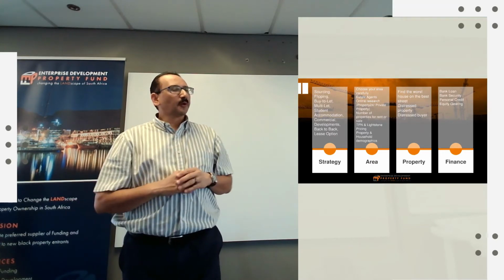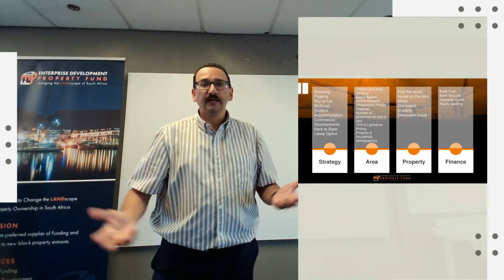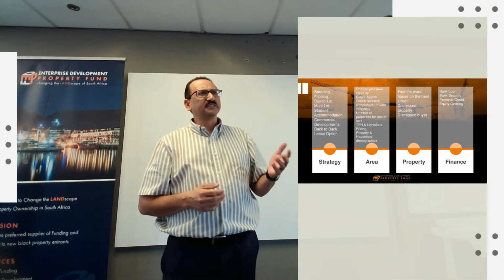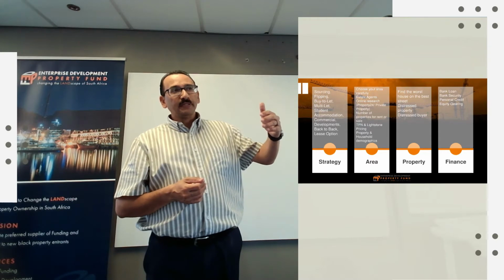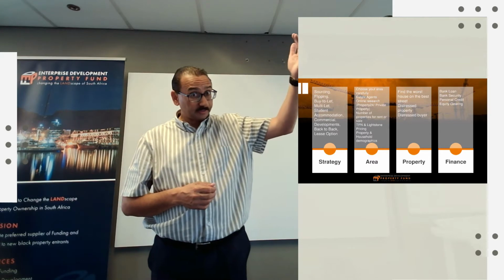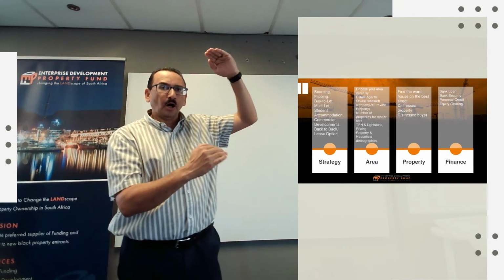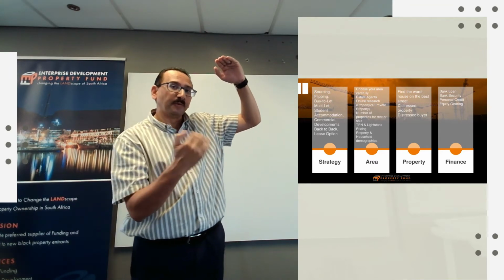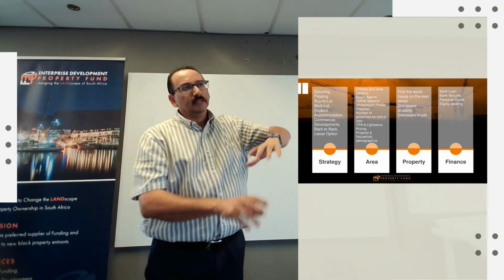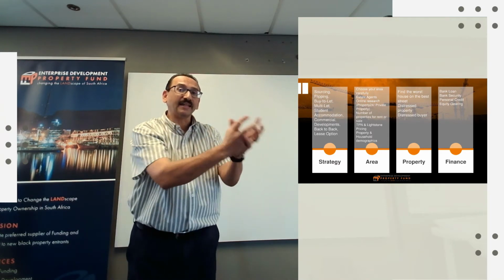So let's say you bought a property, it cost you 750,000 Rand. You've paid a deposit of say 250, now your bond is 500,000 Rand. 2 or 3 years down the line, you've paid some of the capital, the bond is now 450, and the value of your property has grown to R1 million. So now the difference between the value and the bond is 550,000 because remember you paid back about 50,000 of the capital. So now you're on a 450,000 Rand bond. So that 550,000 Rand is what they call the equity in that asset.